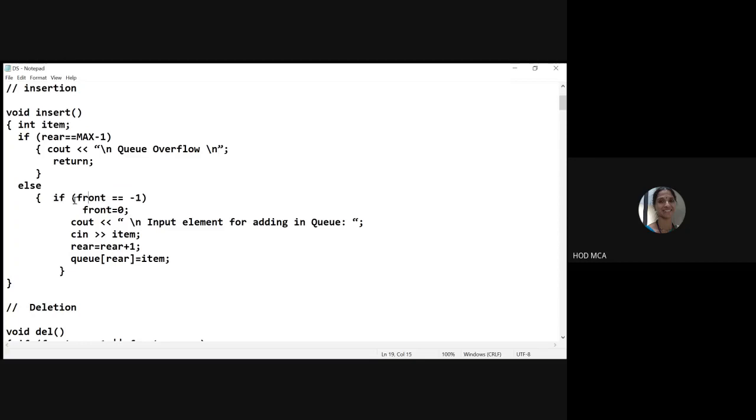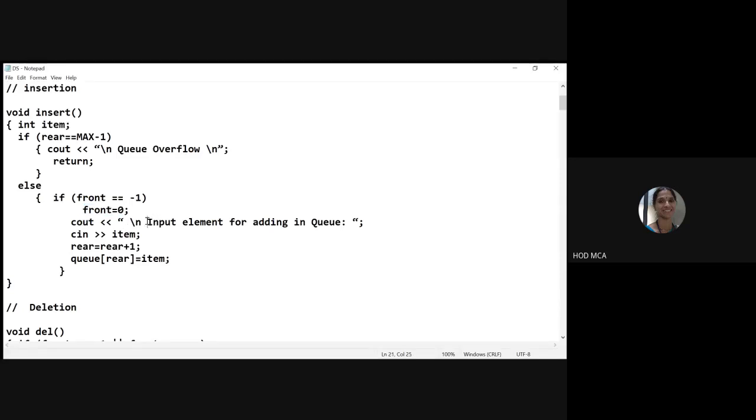So that's why we say if front is equal to -1, we say front is equal to 0, which means we are incrementing the front pointer as well, because the queue is empty and we are going to insert the first element.